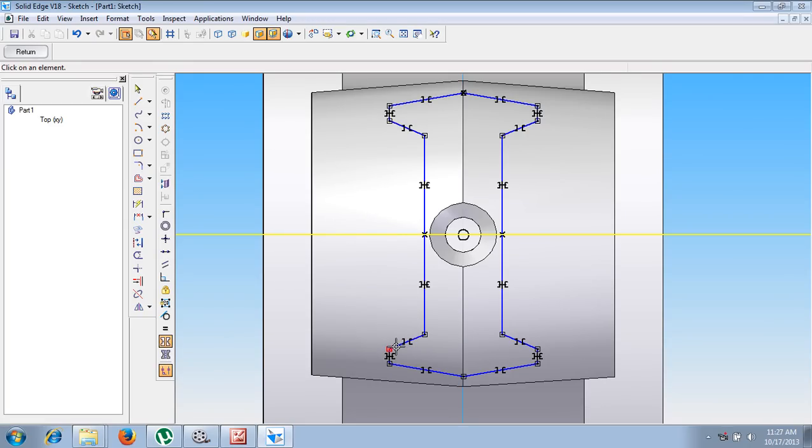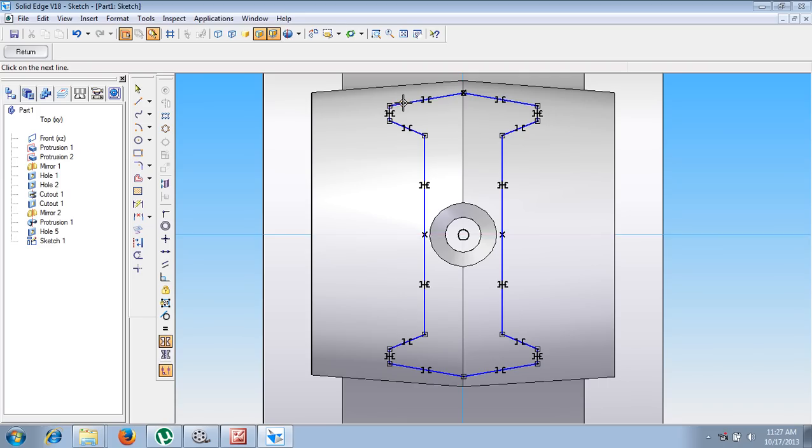Select this line and this line, similarly this line and this line, and so on for each pair. Like this, each and every line must be symmetrical for both the datum planes.